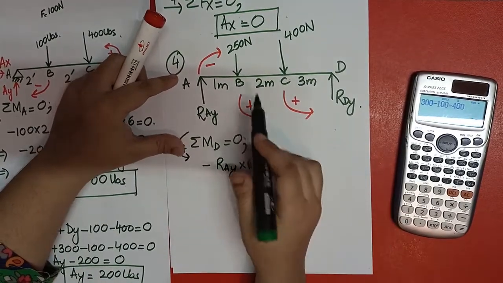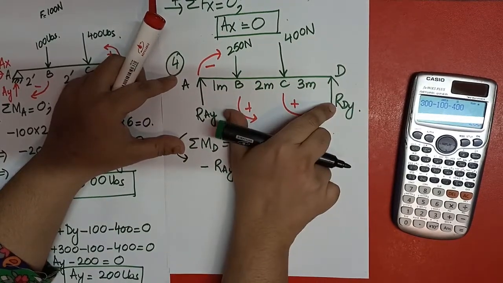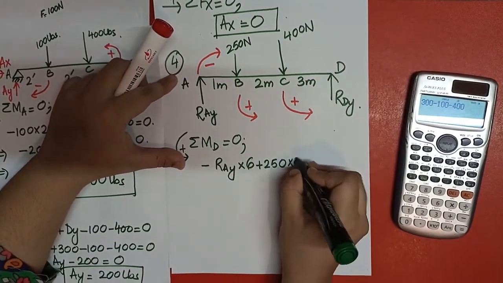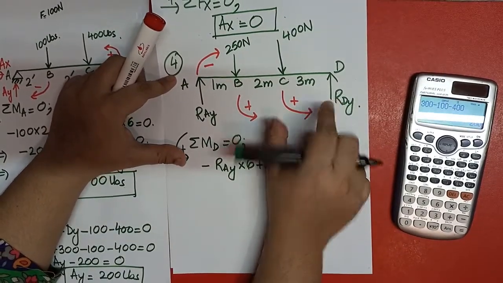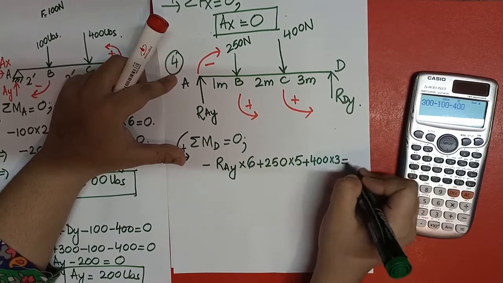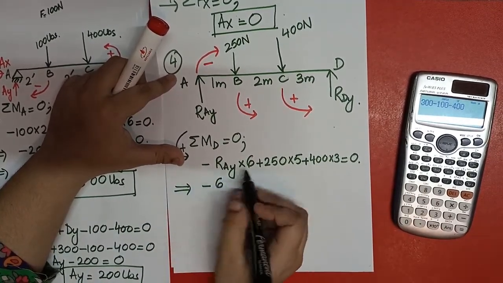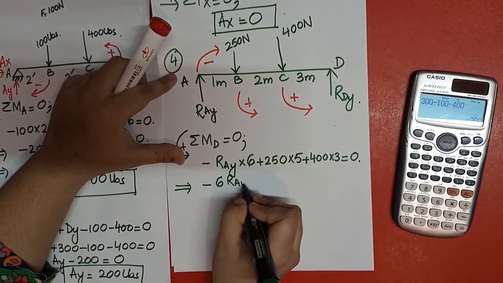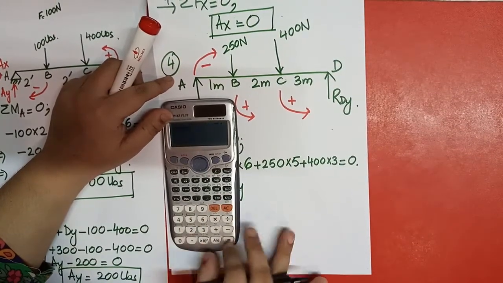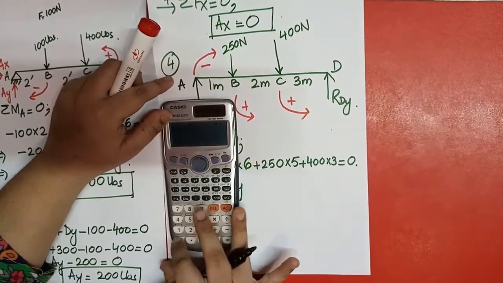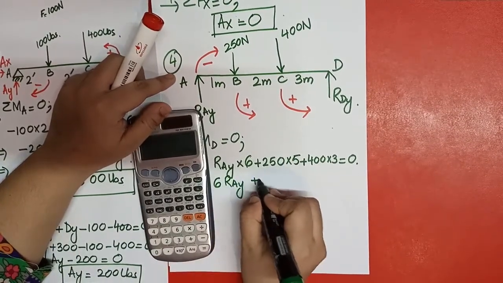This should be 6. This direction is positive, so 250, and the moment arm between B and D is 5 meters. So I should multiply it by 5, plus 400 into the moment arm between C and D, which is 3 meters. So I can write it here. This is the way to write it down. For example, since I am writing RAY, I have to calculate 250 into 5 plus 400 into 3. So this is coming out to be plus 2450